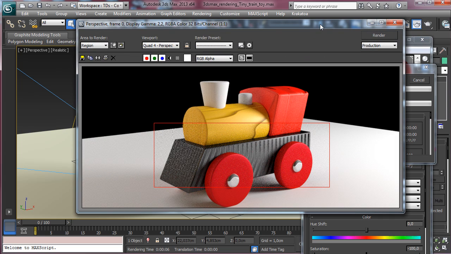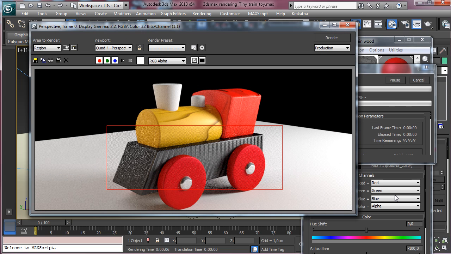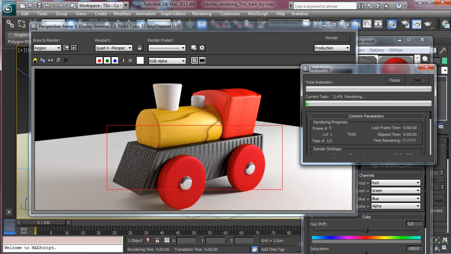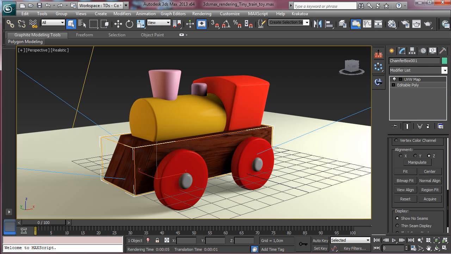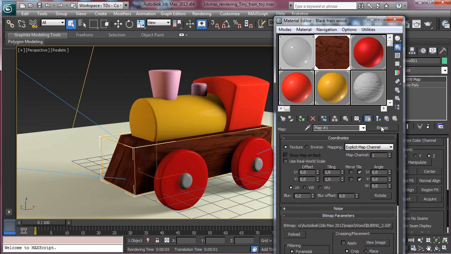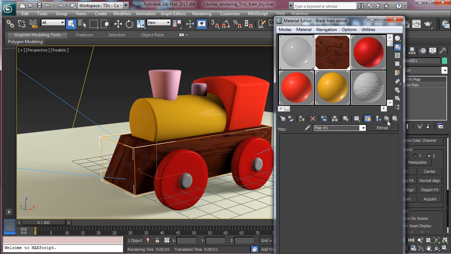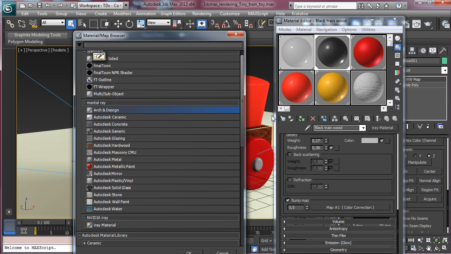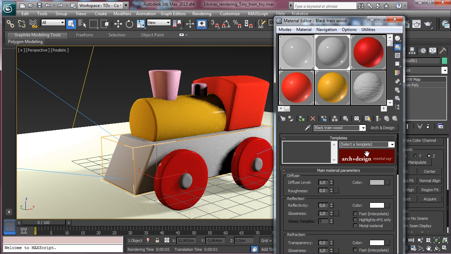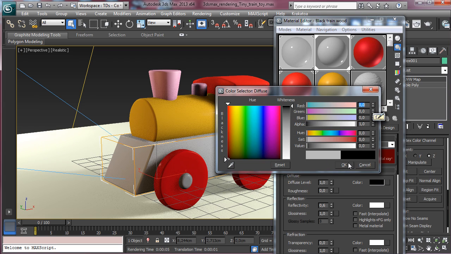We have still some problem there with the bump. And I was not remembering that the actual iRay material has problem with the bump map. So we have to change the shader, and for some shaders where we have the bump, we have to use still the arc and design. So let's save and let's create something similar. So let's copy this one and we'll go there to have an arc and design, and it will be a black material